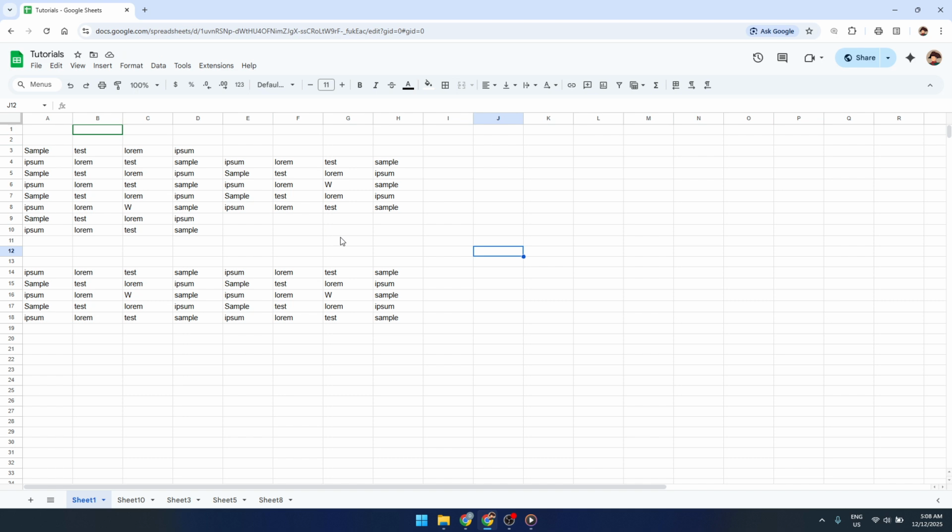And that's it. With these 3 methods, you can quickly control the look and layout of any Google Sheet you